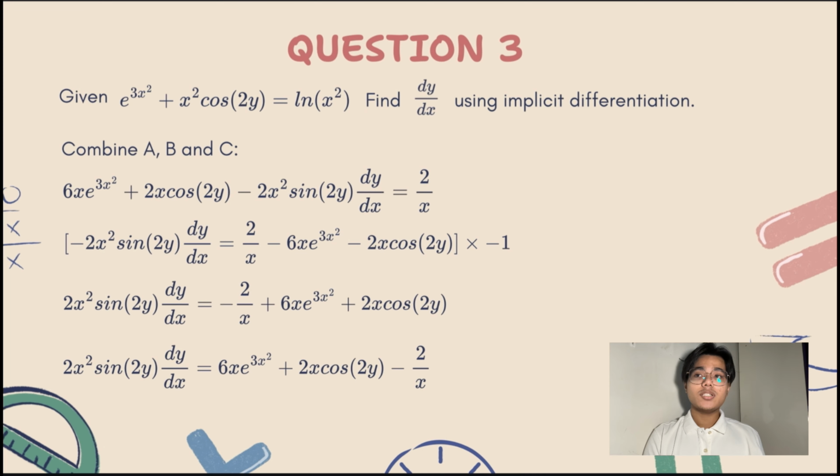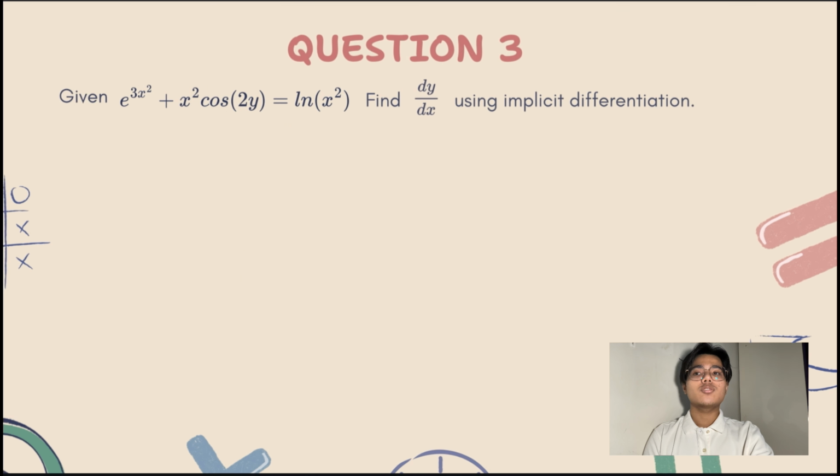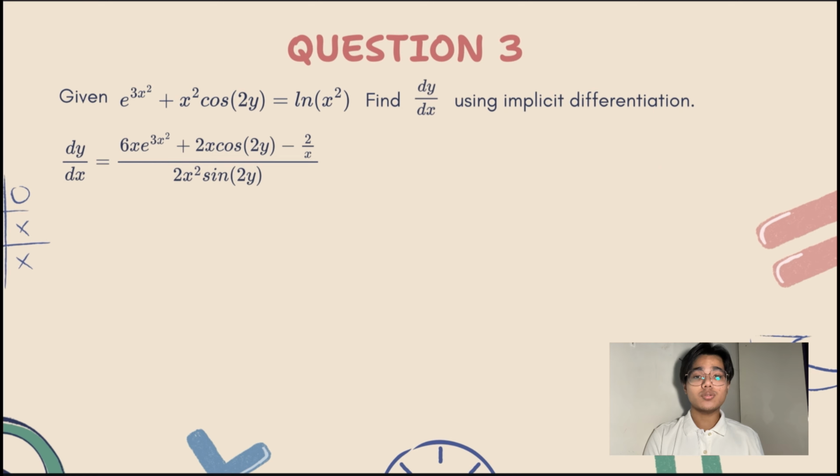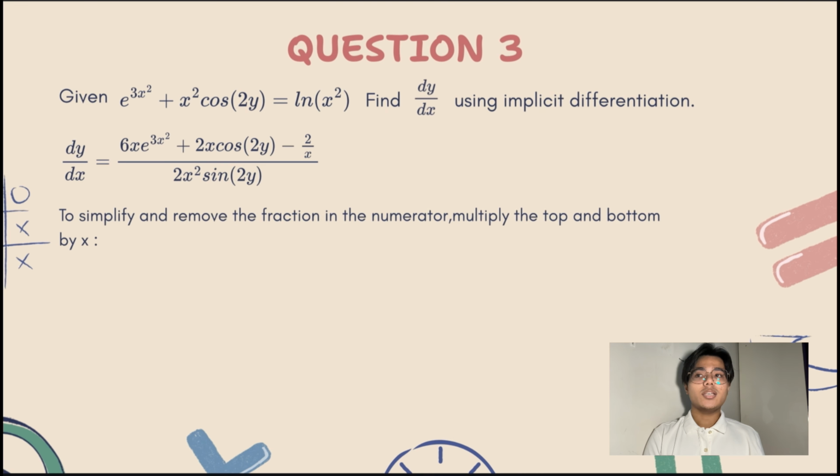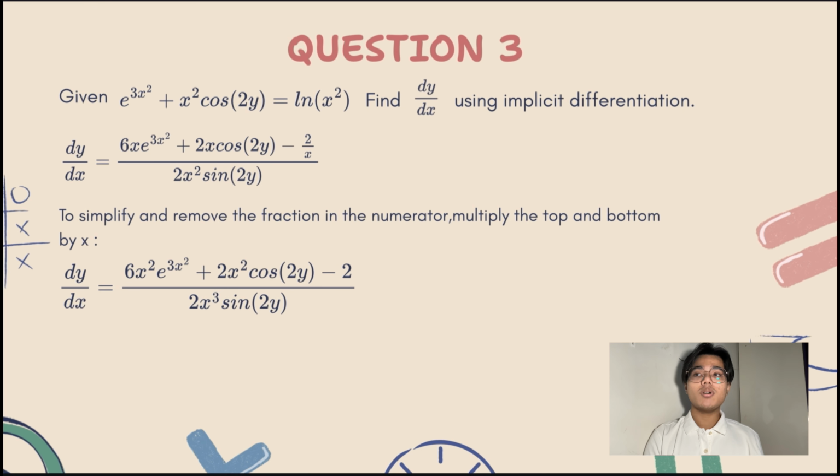So now arrange the right hand side. 6x exponent 3x squared plus 2x cos 2y minus 2 over x. So to find the dy dx, you guys have to divide the equation with 2x squared sine 2y to get the dy dx. Okay, now to simplify and remove the fraction in the numerator, multiply the top and bottom by x. So dy dx equal to 6x squared exponent 3x squared plus 2x squared cos 2y minus 2 over 2x